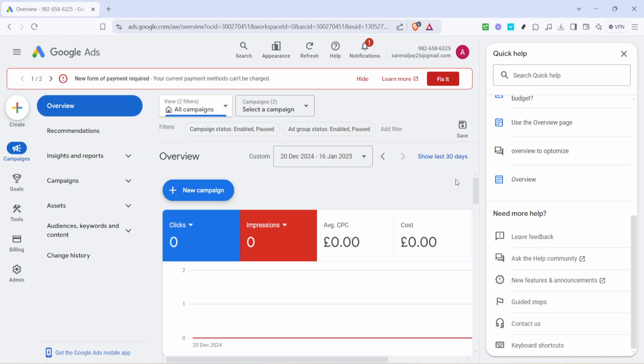Each method has its benefits. Live chat is typically quick with real-time assistance. Email allows for detailed descriptions and attachments of your issues. And phone calls can provide immediate responses.